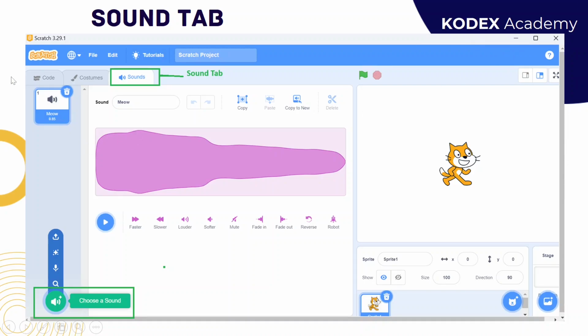There are these three tabs: code, costume and sounds, which have their specific functions. Code creates a script for the story and animations, the costume can customize your sprite or background, and sounds help to add different sounds to make your animation more interactive. So this is all about the Scratch interface. Now in the next session we are going to discuss how the block palettes have a specified function with a set of command blocks, and how these command blocks help us to create interactive animations.